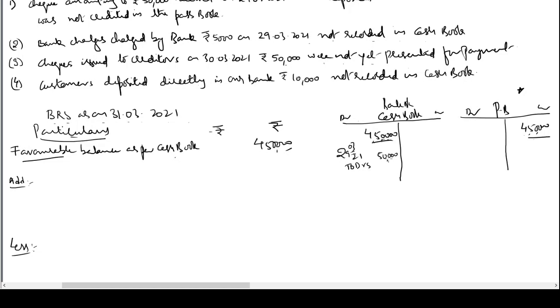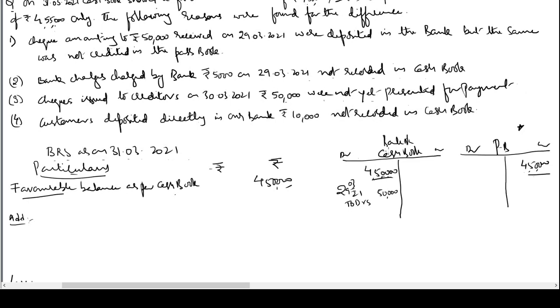As soon as we receive the check, we record a deposit. So this was done in the cash book. But up to 31st March, the same was not credited in the passbook. The bank has not been able to collect the payment on this check up to 31st March. That is why there is no credit entry in the books of the bank. If you remember earlier, I have discussed cash book debit side is deposit, credit side is withdrawal. Passbook debit side is withdrawal, credit side is deposit. I have recorded a deposit, but the money is not deposited in the passbook. So now what will happen?